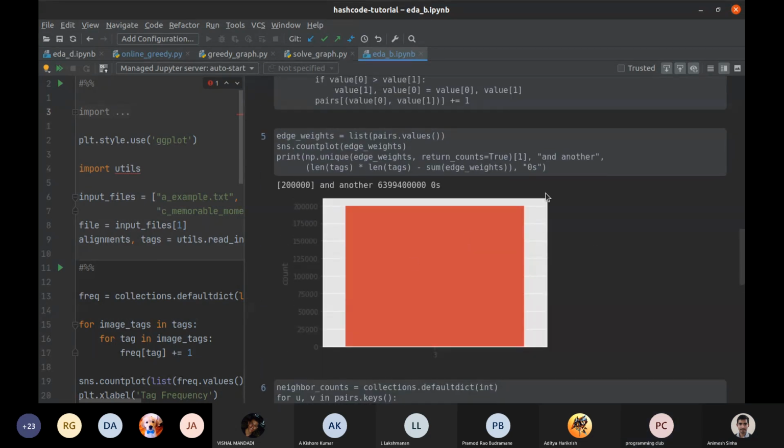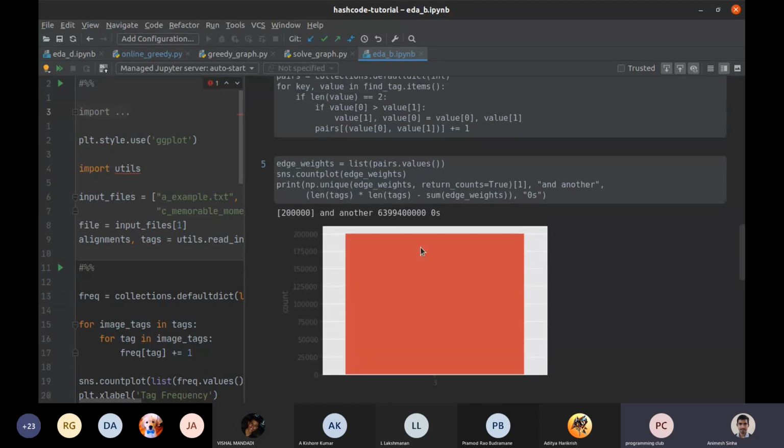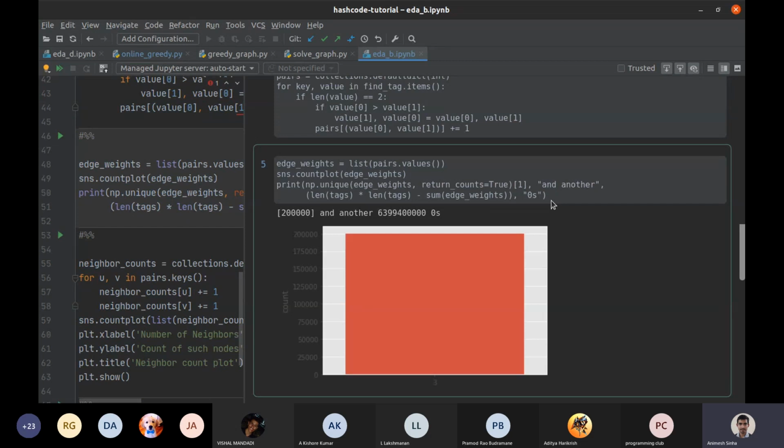fishy. If you notice, there are a large number of edges, like pairs of images, which don't share anything. And then there are a lot of images which share exactly 3 tags, no more, no less. There are no pairs of images which share 2 tags or 4 tags or anything else. So this pair of images with 2 tags actually gives us a very nice graph structure, that there are people who are joined to each other, who want to come near each other. And then there are people who just don't care about each other. And the degree of caring, or the intersection of the 2 sets, is consistently 3.